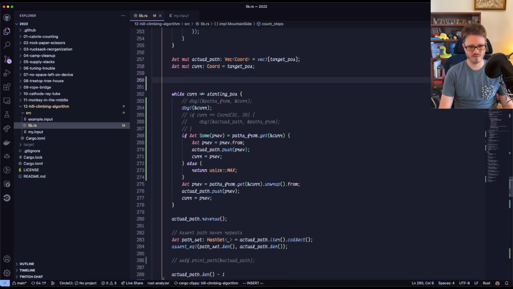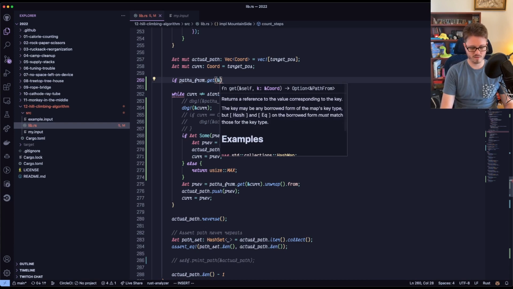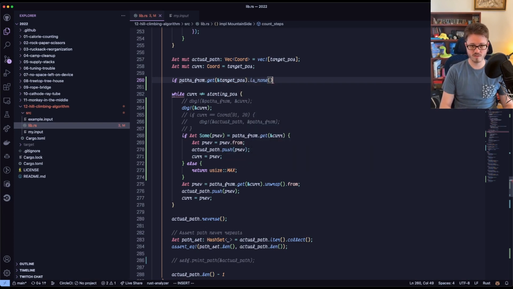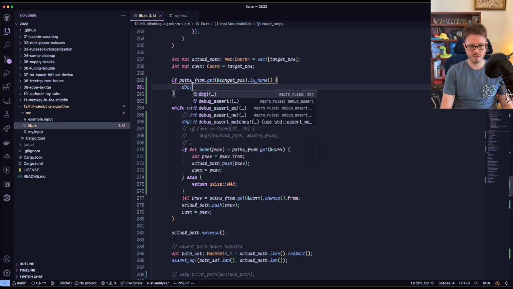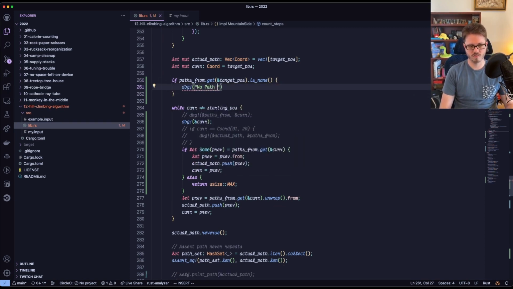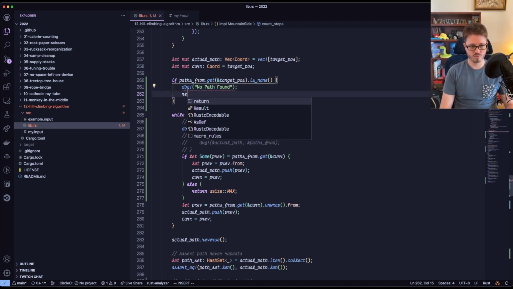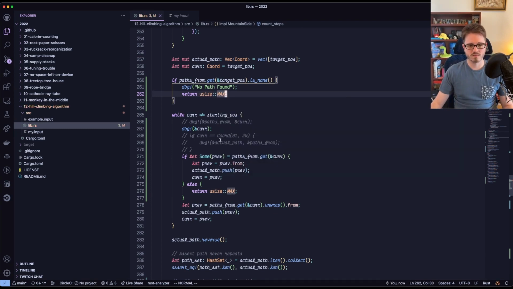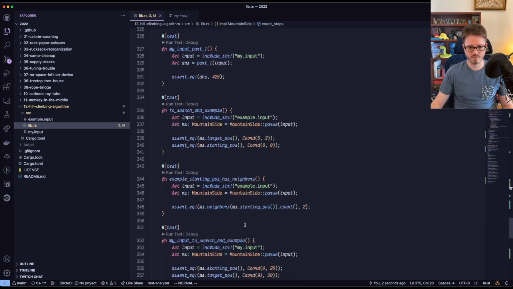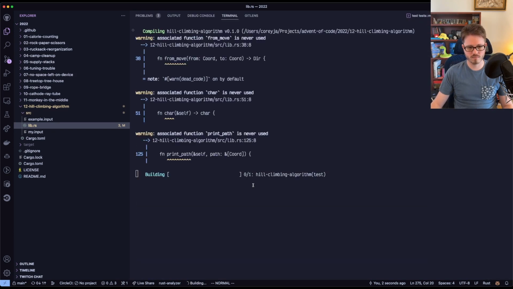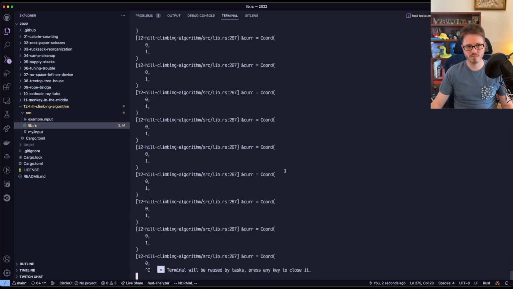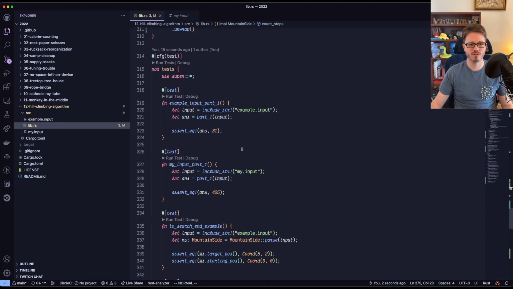Like, do I want something out here instead? If paths from dot get the target position dot is none. Debug out, no path found. But then we just return the usize max. Let's try that. And we're just looping more. Okay, so we don't print that. It looked like ever. We're just looping. Okay, so if we're just looping,